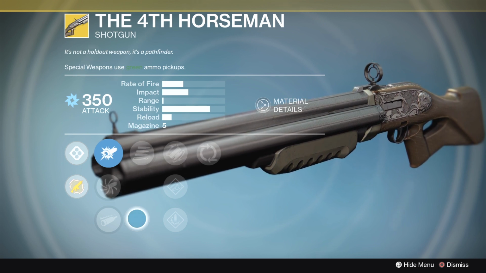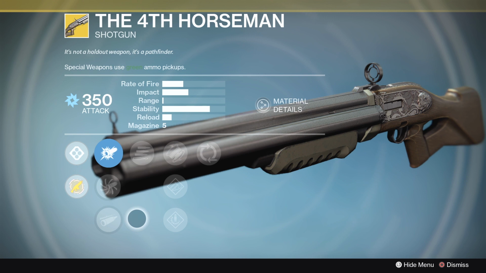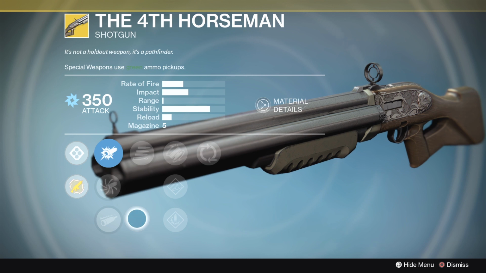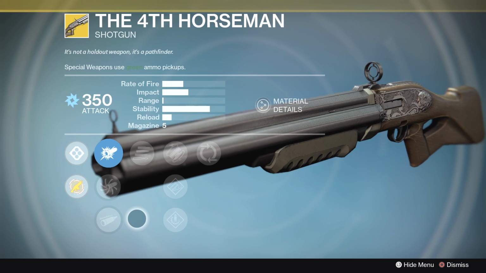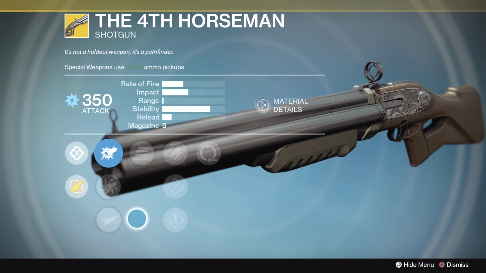In PvE, it can be pretty fun because it can take down some fairly powerful enemies very, very quickly. When Skolas was the big thing, the Fourth Horseman was very good. If you're fighting a lot of captains that have a lot of health, the Fourth Horseman can be very good. It's a little tough to get used to using because you do have to be so close, but once you learn to jump in, unload all 5 rounds super fast, because this thing fires unbelievably quickly, and then jump back out before the opponent can use his melee attack on you, you'll find that you do a lot of damage very quickly with this. It's not as useful as a sniper rifle, if you're trying to stay alive, but it can be a very fun weapon to use